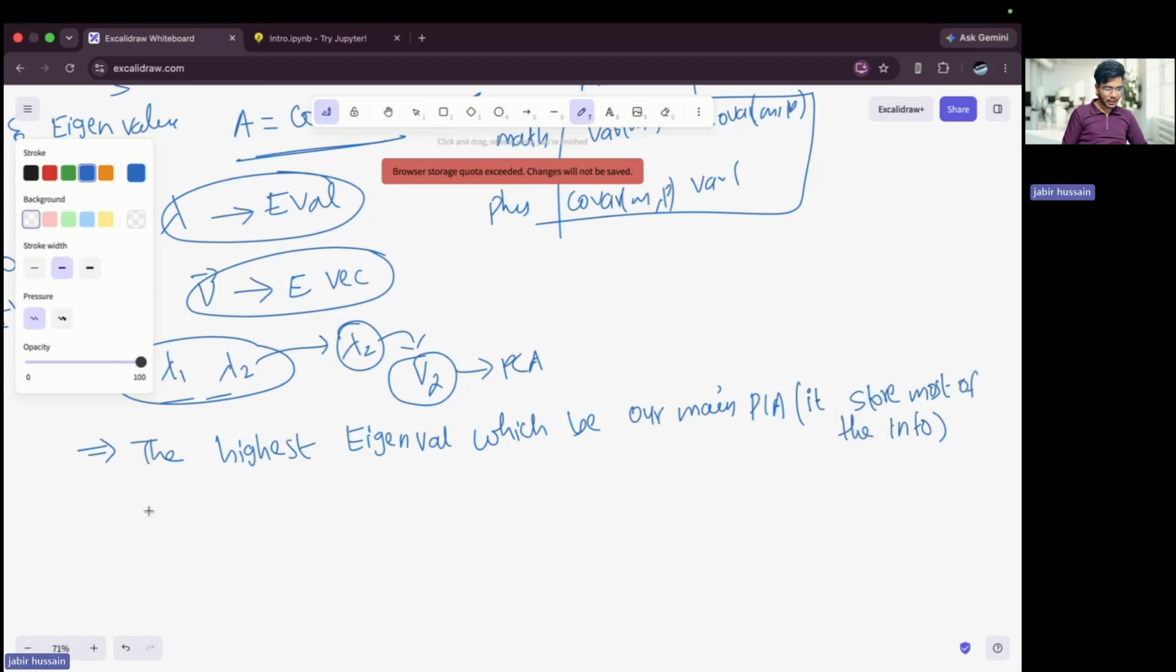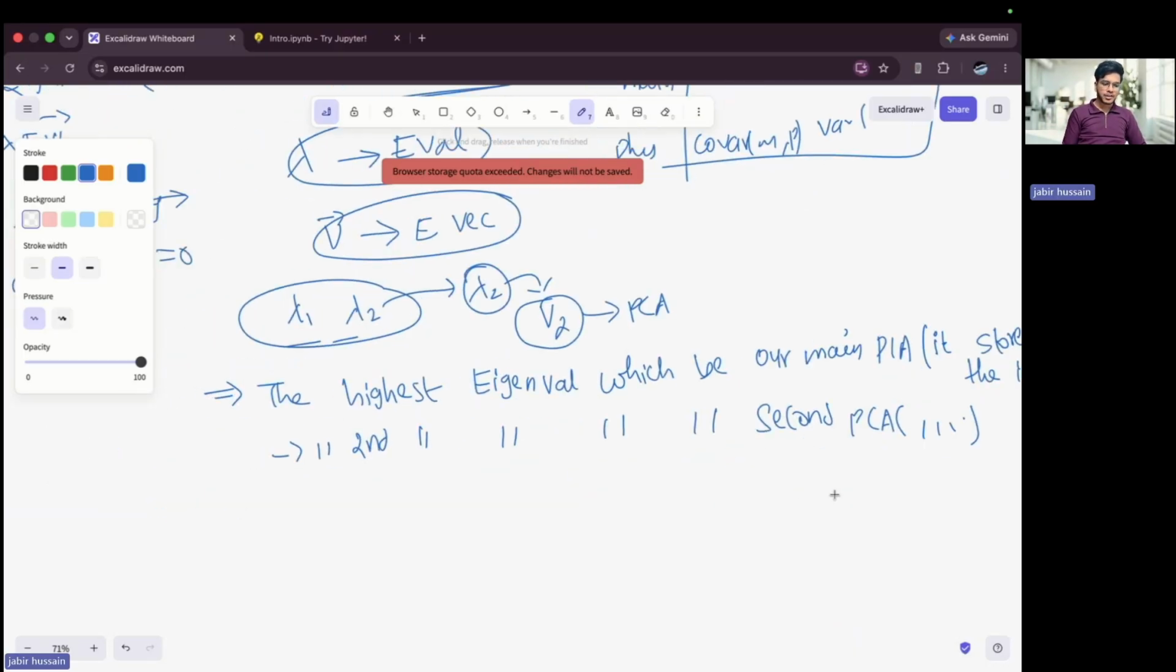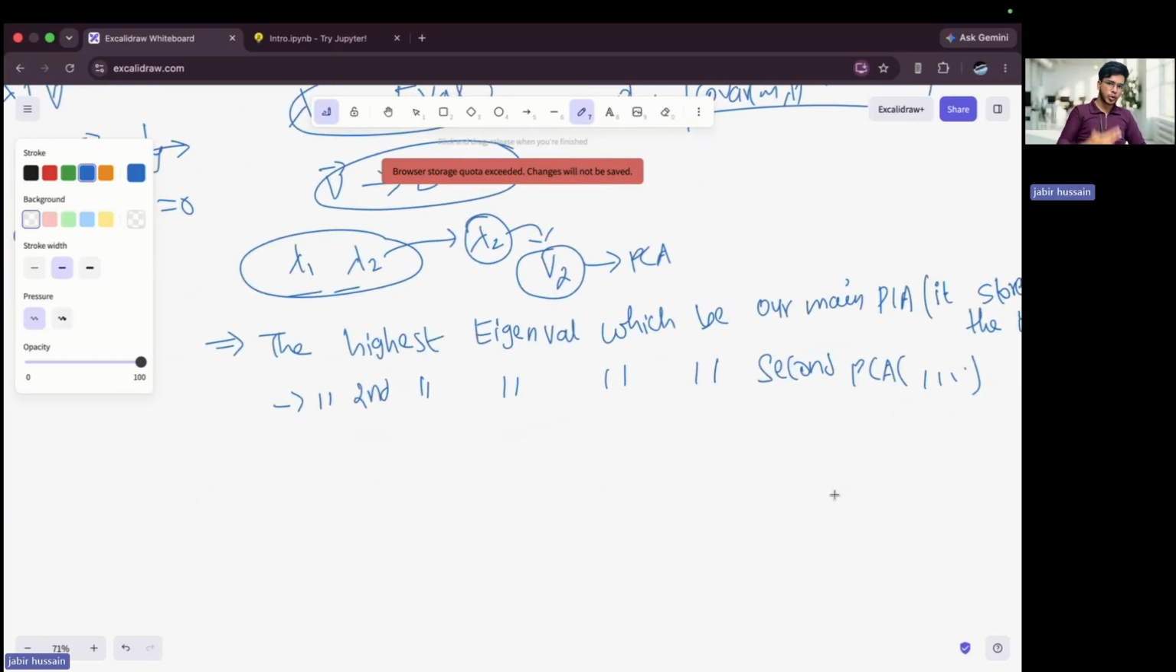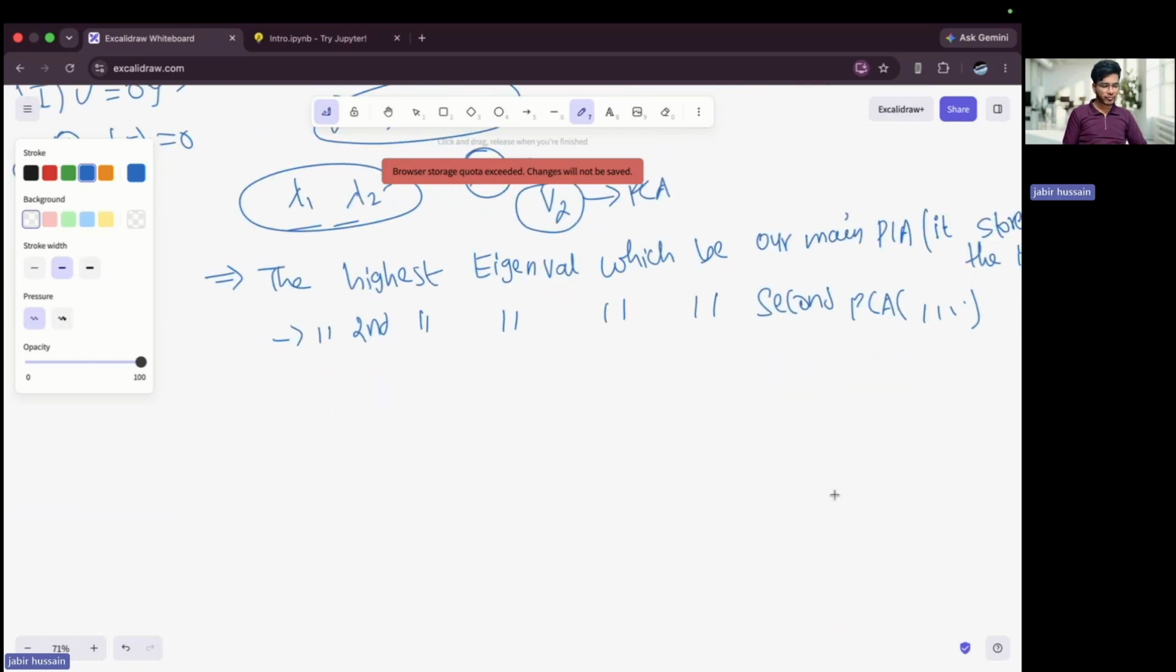After it, similarly, the second highest eigenvalue will be our second PCA line, and it stores the second most important information. Like this, if we have n PCA values, you sort them in descending order, and from this you can get PCA 1, PCA 2, PCA 3, like that. And after that,